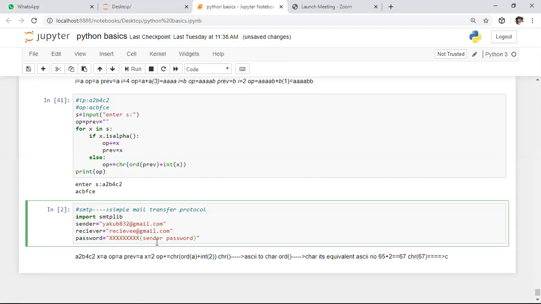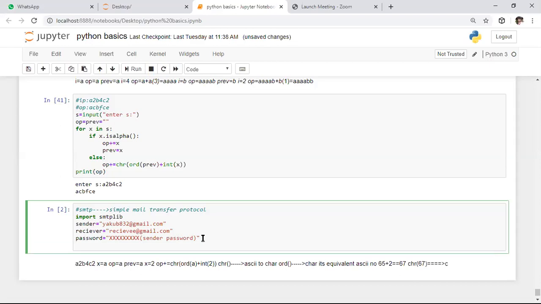So after this we need to interact with the SMTP server. For that purpose, here I'm creating one object. To interact with the socket, I'm specifying that I'm using this module, smtplib dot. I want to interact with this SMTP library module. To establish the connection with SMTP, we have the SMTP function, which is defined in this SMTP module.